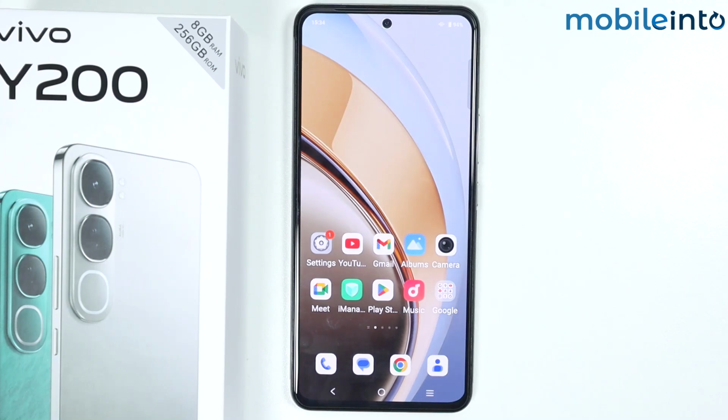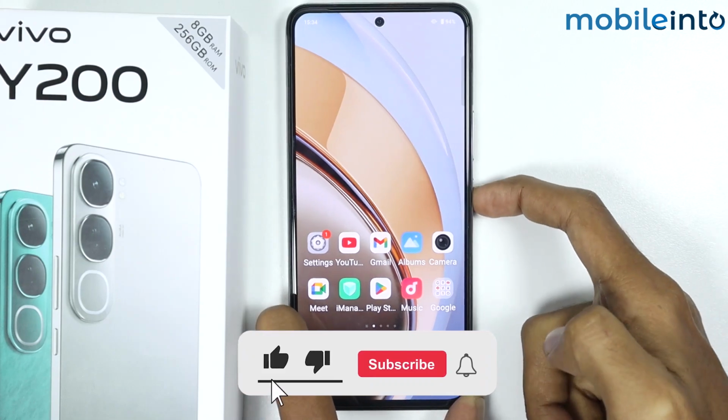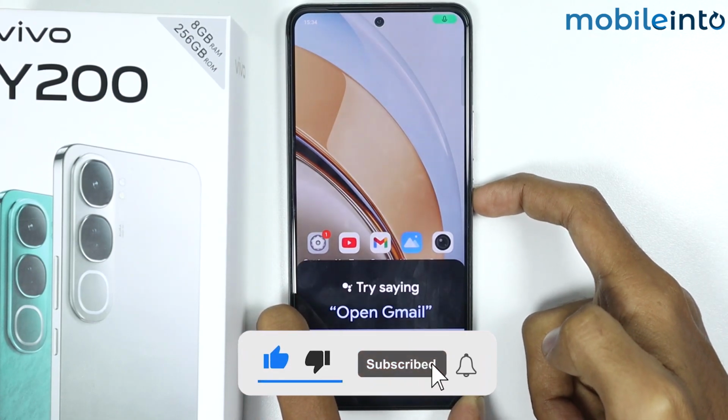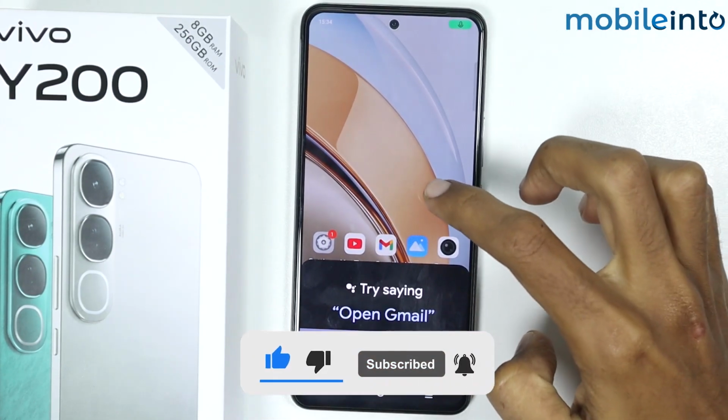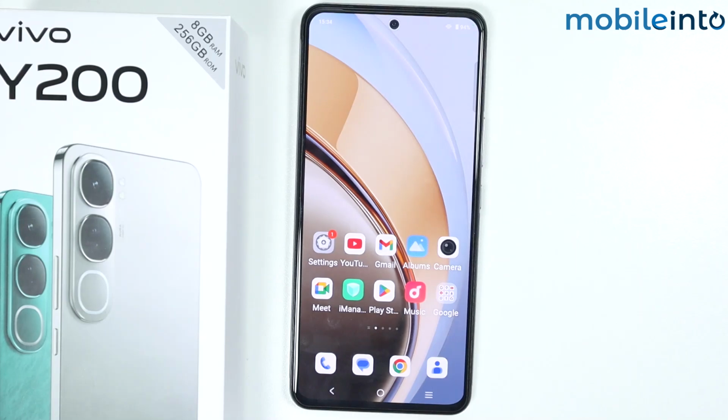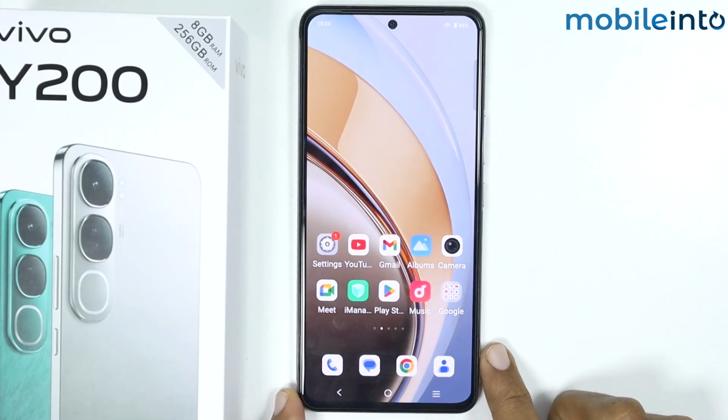So in this video we will see how to remove Google Assistant from power button on the Vivo Y200. Now, if you press and hold on your power button and it enables the Google Assistant and you want to disable this feature on your power button, just